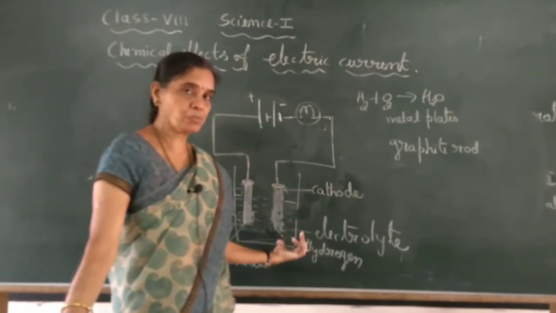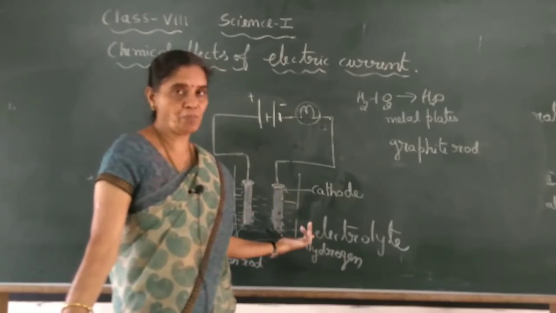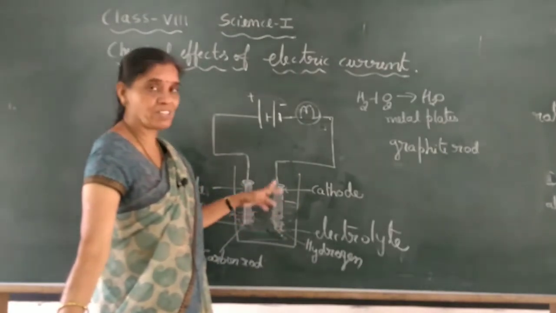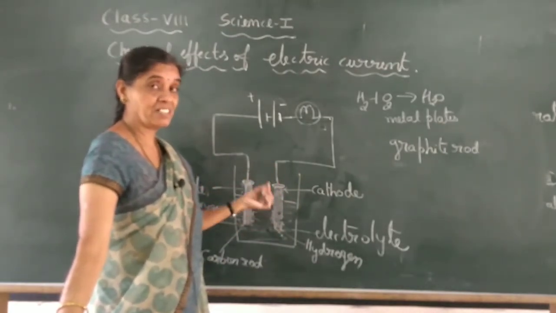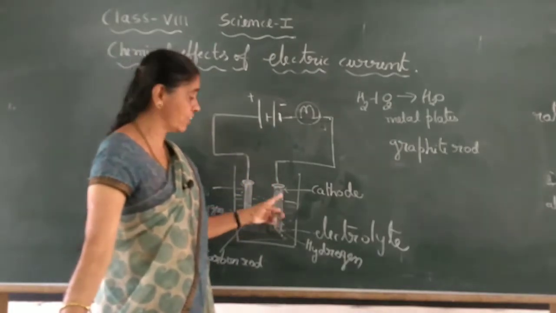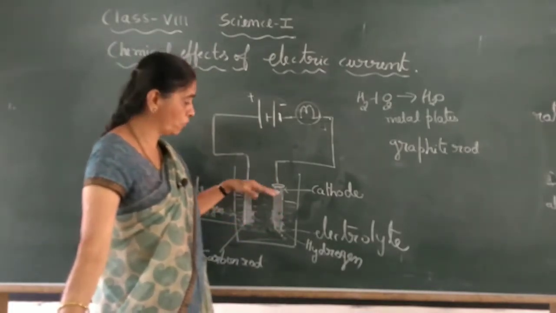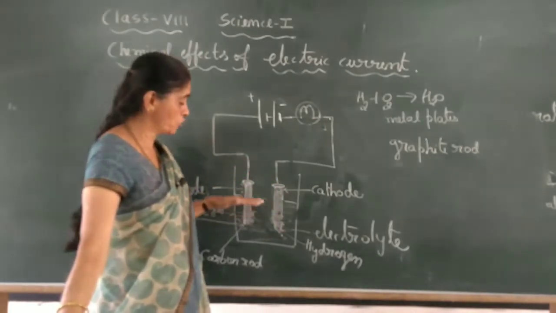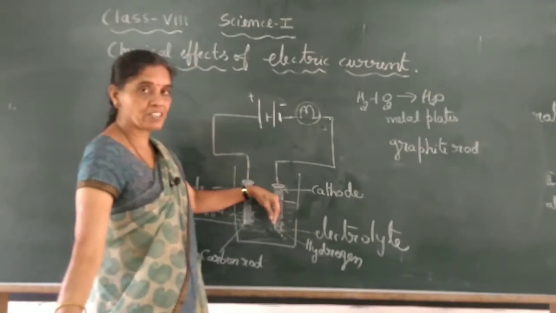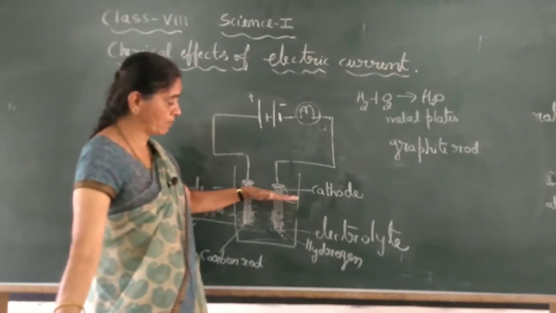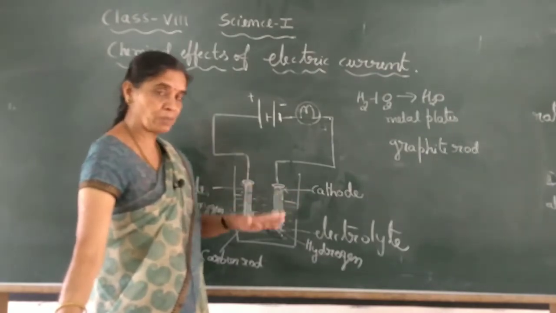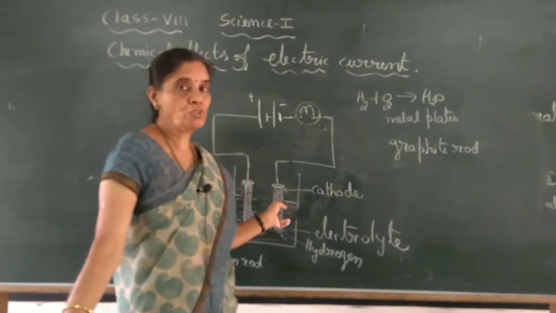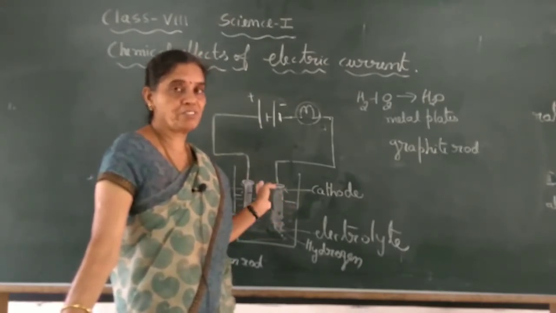So it is a simple experiment. Try this experiment at home. Even if you don't get a carbon rod, at least use the graphite inside a writing pencil. Fix it properly, but don't insert it completely in the salt water. It should be partially dipped, coming a little above the liquid. If you dip it completely, you won't see any chemical change. Partially dip it in the salt solution, then only will the effect be clearly visible.